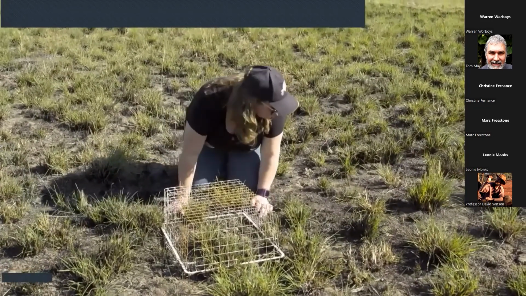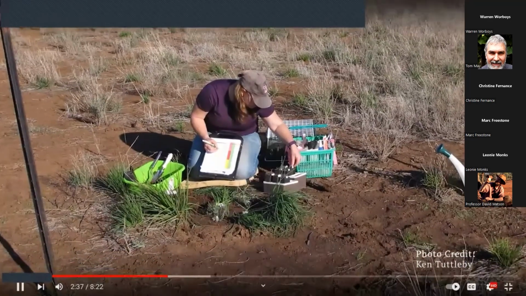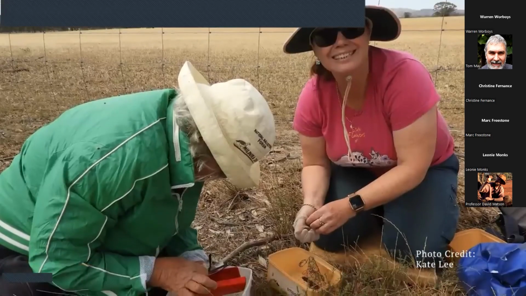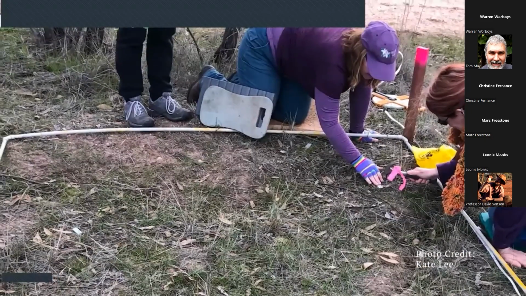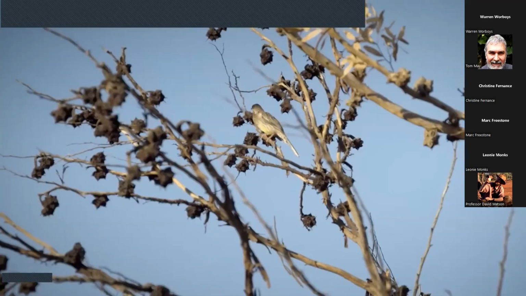I started working on this species when I started my PhD, but I certainly met this species when I moved into the area. I went for a walk and I found the species. I found a book, found out it was an endangered species. I decided to go back to uni and study environmental science.